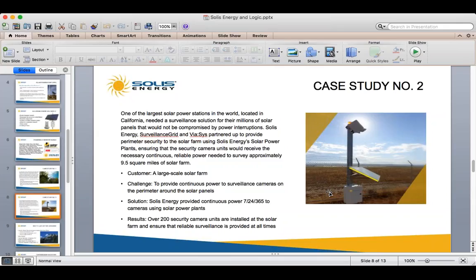they had their power station, which enabled them not to have to dig a trench all the way out there, which was extremely costly and would pull off power from what they wanted to do with it, send it out to the consumers and make money off of it. Our solar power plant provides continuous power 24/7, 365 to the cameras that are guarding the solar power plant. Over 200 security camera units are installed at the solar farm and ensures reliable surveillance is provided at all times,